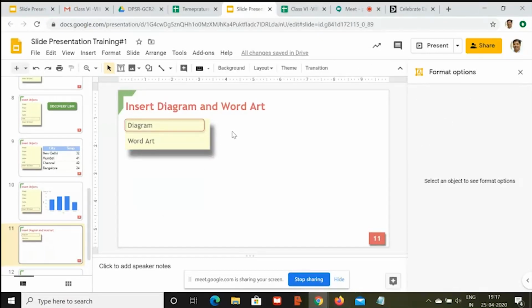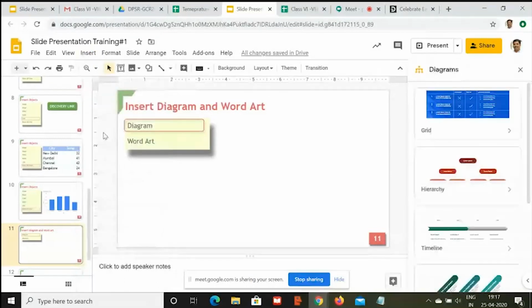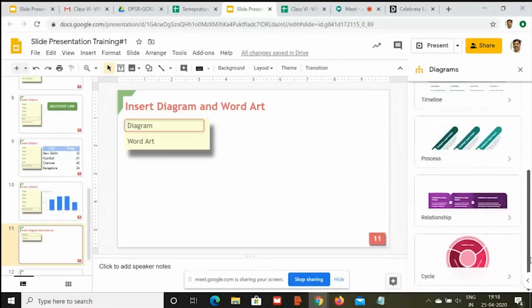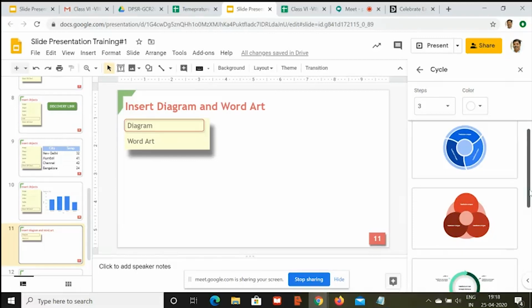So see the most interesting thing now. We are clicking on Insert, we are clicking on Diagram. As soon as we click on diagram, on the side, you will find many beautiful things which are all customizable by you, right? So whatever you want to pick up, you can pick up. I'll start from cycle. These bio people can also use this cycle kind of thing, right? Most of the subjects will be having something like this within their curriculum at one place or another.